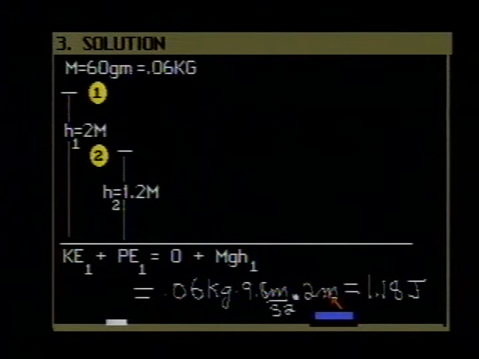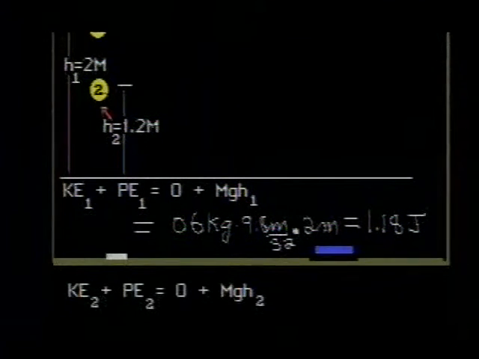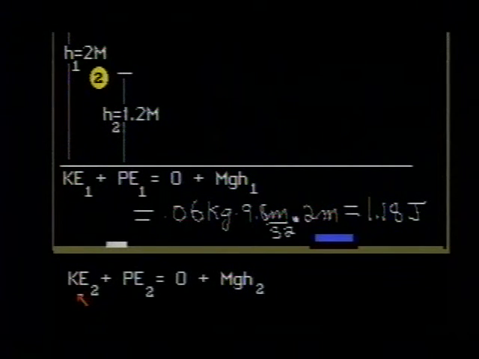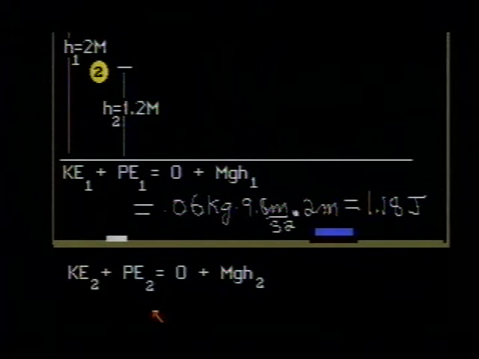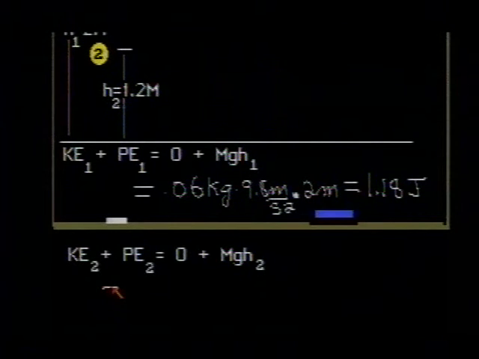If we calculate at position 2, the kinetic energy at position 2 plus the potential energy at position 2, we get again for the kinetic energy 0 because the ball is again momentarily at rest at position 2 plus the mass times the acceleration of gravity times h2. And if we put in the numbers for that, we have that this is equal to